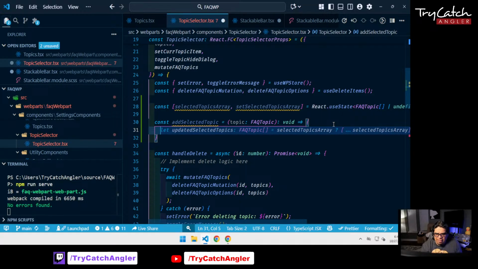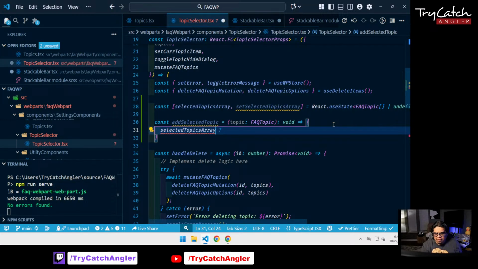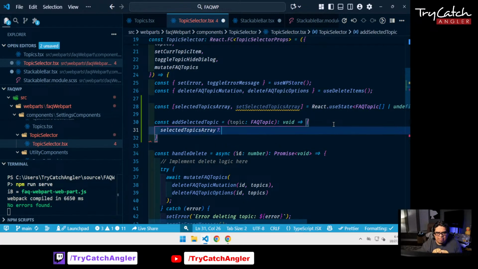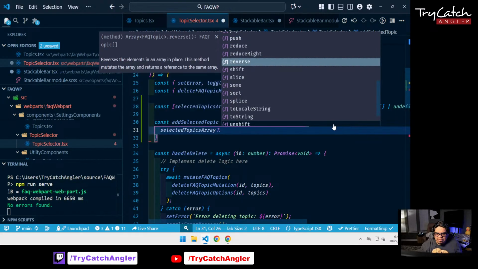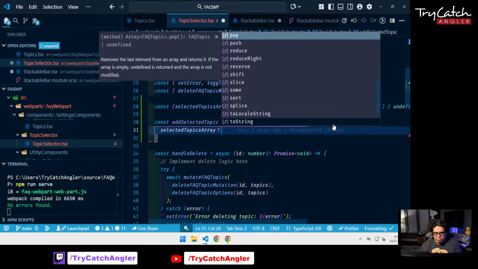We have to check if the topic exists in the selected topics array. So selected topics array, if we find it, we have reduce, we should do,